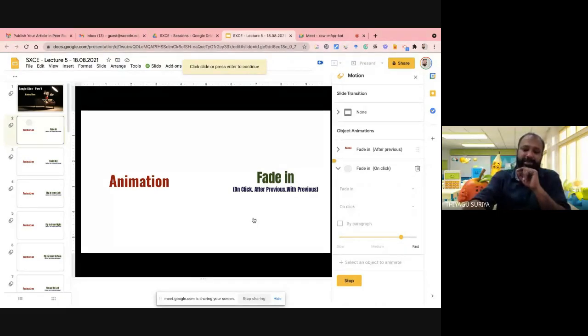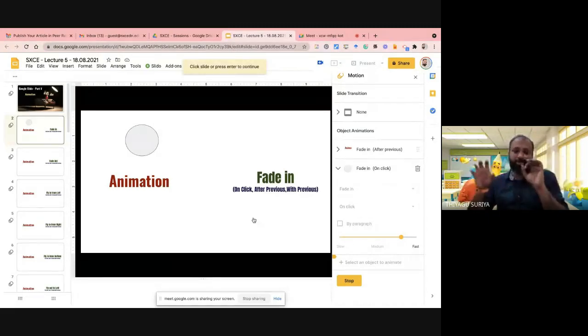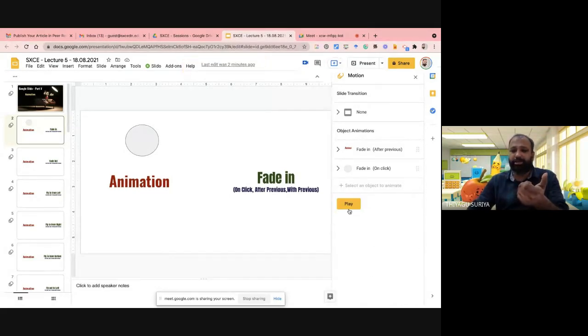Now I press the keyboard. Now you can see the circle fade in. It doesn't appear immediately; it takes some time to appear. Apparently we have the fast option also. Suppose you'd like to keep fast or medium, that is also possible. You can keep these. Okay, for example, I can go to Stop.